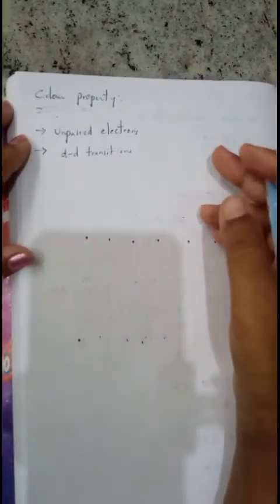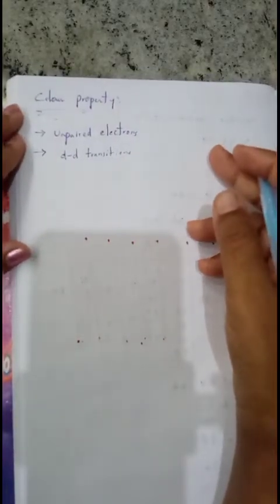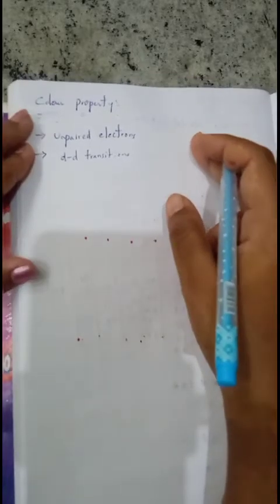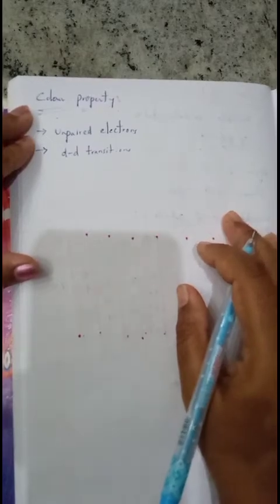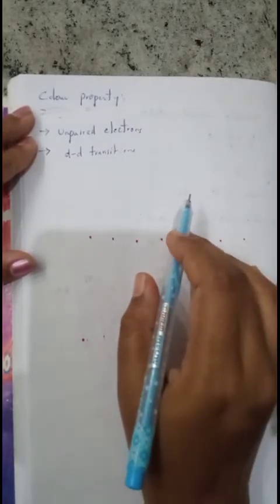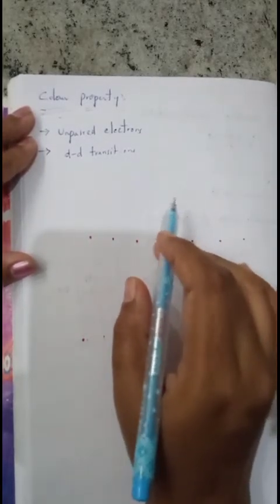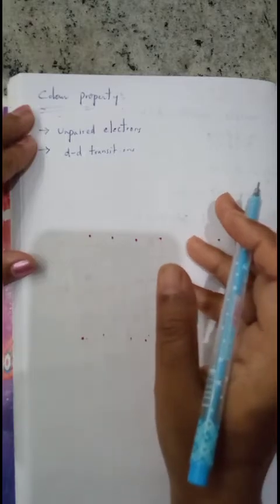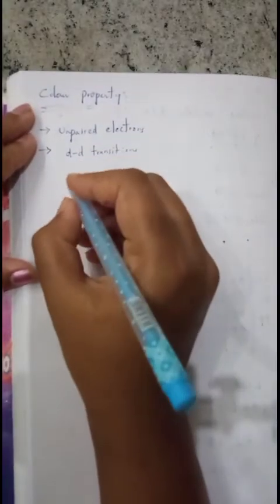At that high energy level, or excited state, it is not stable. Again from the excited state it comes back to its ground state by releasing some amount of energy. That released energy is responsible for the color property. So this is due to d-d transition, and that energy is responsible for showing different colors. Remember, any element with d10 configuration is completely colorless.